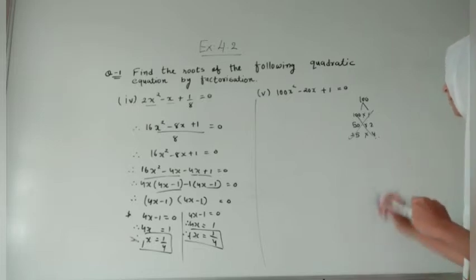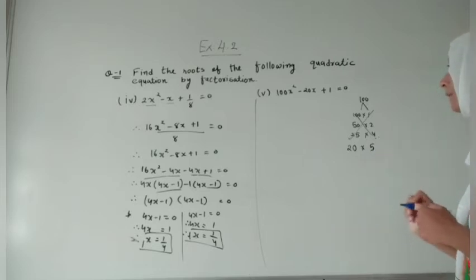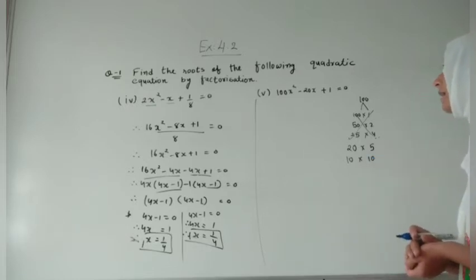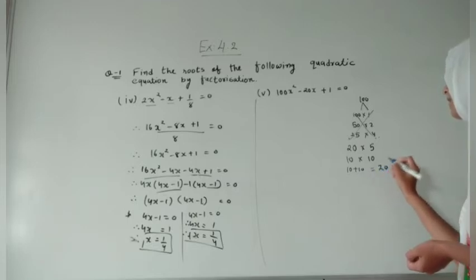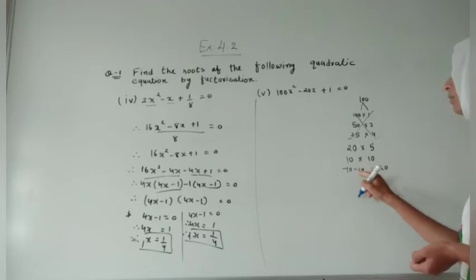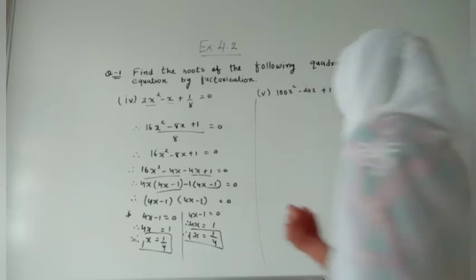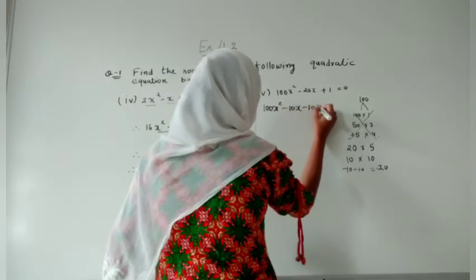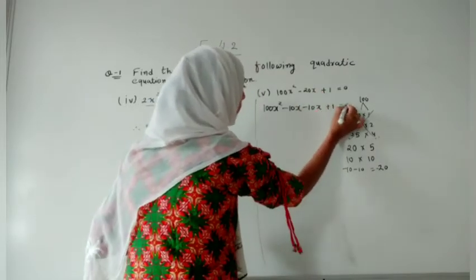So let us find. Another thing we will try, that is 25 fours. Right. Now another we have to try, that is 10 tens are 100. That is better because it is plus. तो जब हम 10 plus 10 करेंगे we will get the answer as 20. We need minus 20 तो हम minus 10 कर देंगे. So eventually minus minus will become plus, means the operation of plus is going but the sign will be minus. यानी in the place of 100x square now I can write minus 10x and minus 10x in the place of minus 20. This is the split term of minus 20 and that is equal to 0.